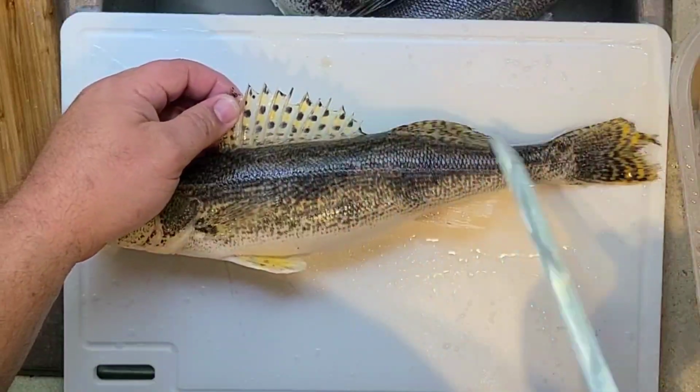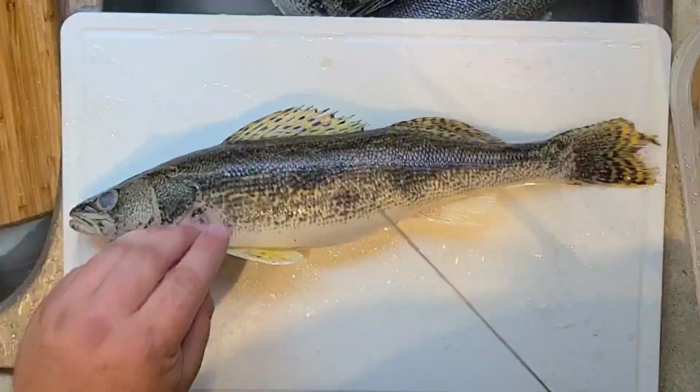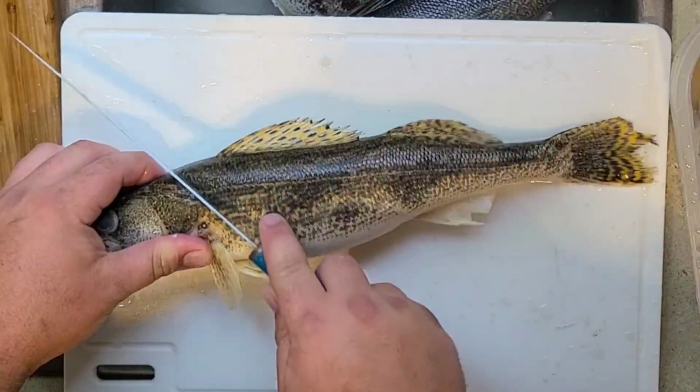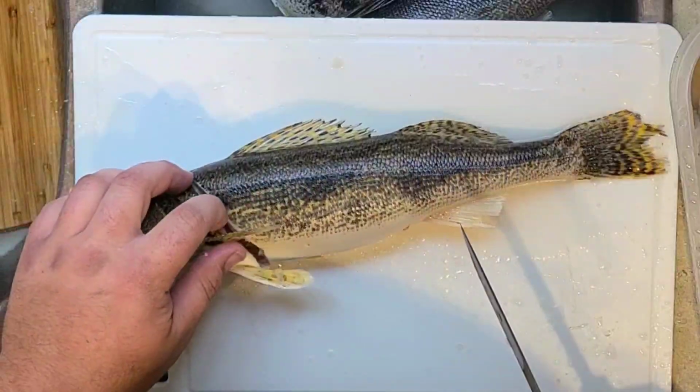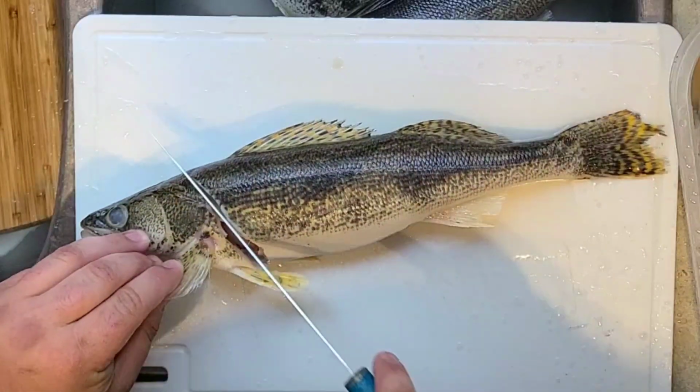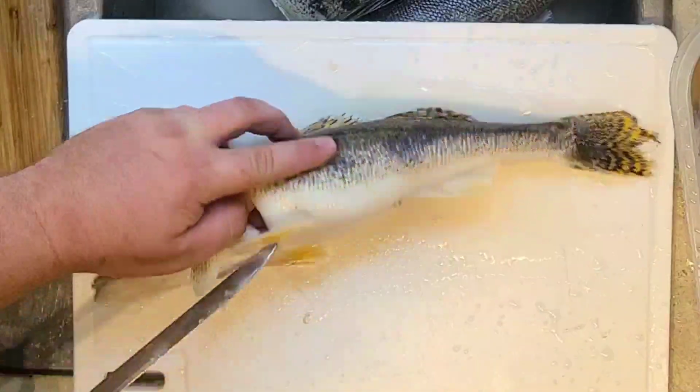Today it is a Sauger. So Sauger is different from walleye. I have posted a video that tells the difference between it, but otherwise the filleting process is pretty much identical to a walleye. So I just start with my first cut in behind the gill plate, then I'm going to